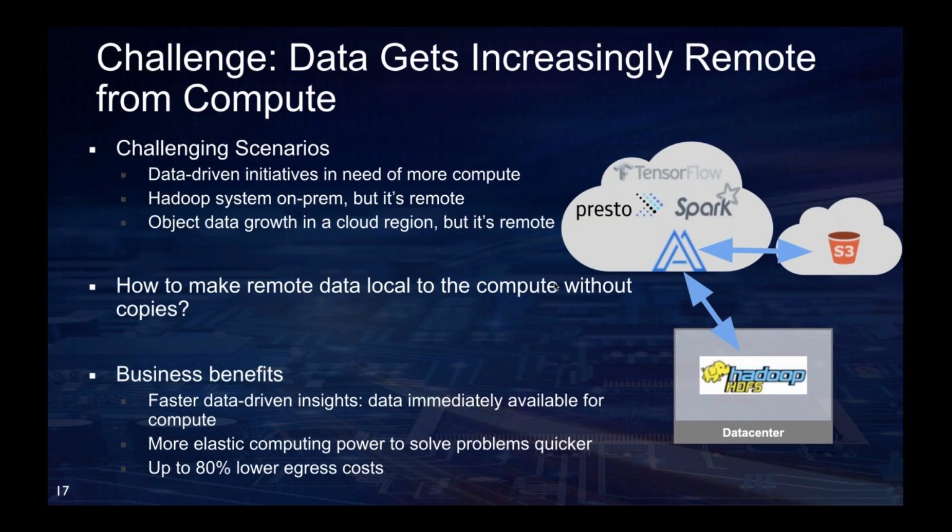People are also running more and more Hadoop systems remotely, launching different data centers. Another interesting trend we see in the field is that the object store is becoming dominant, at least in the cloud. For example, the very famous AWS S3 service is based on object storage, and it's separated from where you run, even in the same AWS region, because it's a separate service.